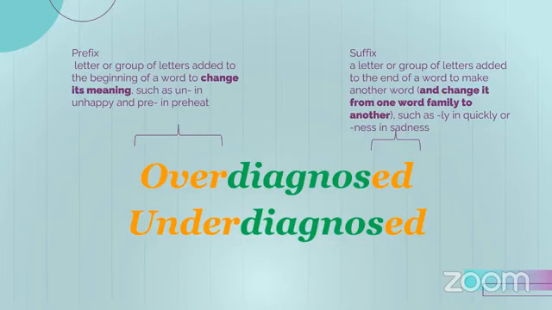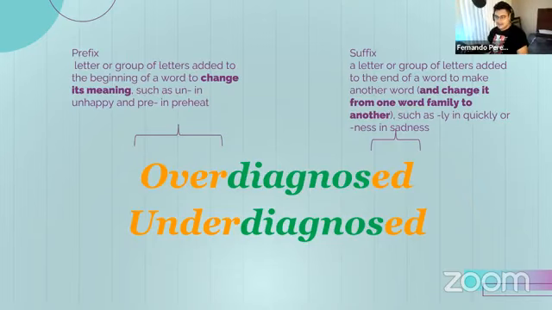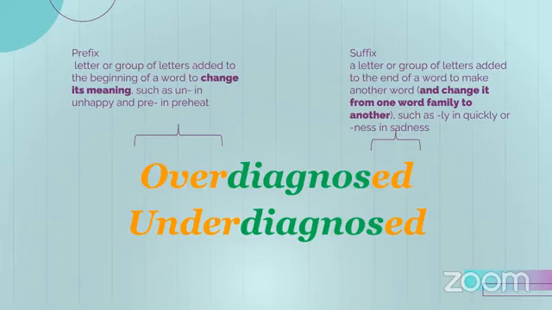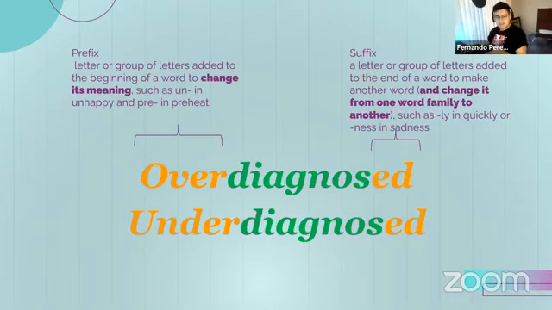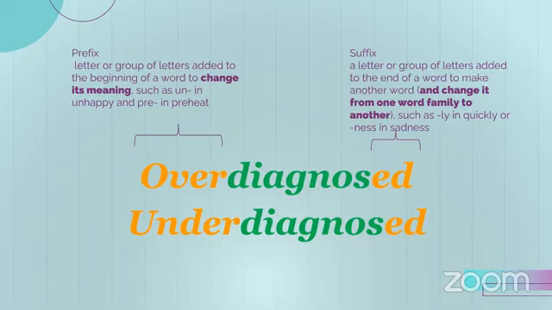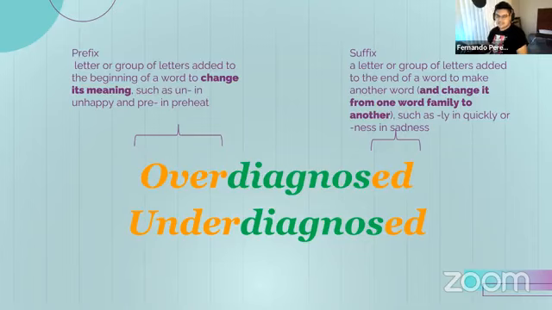What does it mean? A suffix makes a verb into an adverb, for example. Exactly. Or an adjective in this case. Diagnosed is an adjective, right? And then when you say